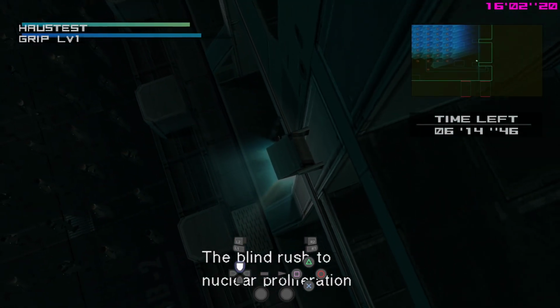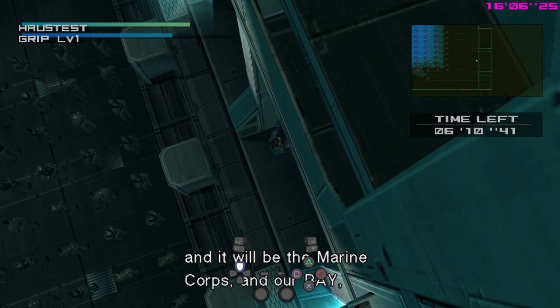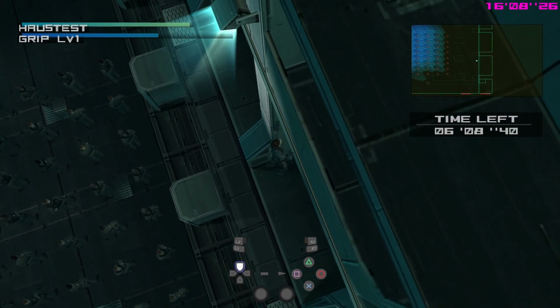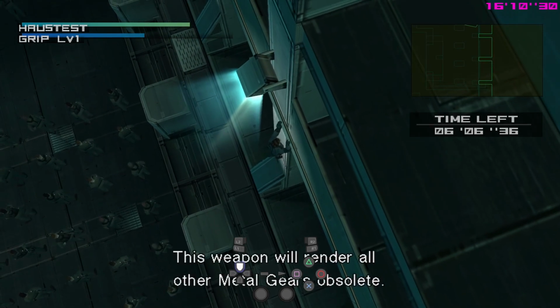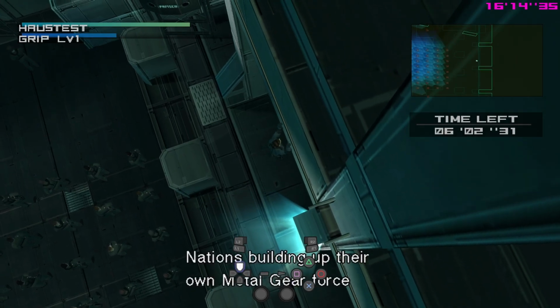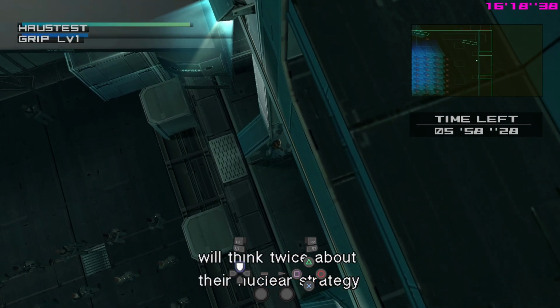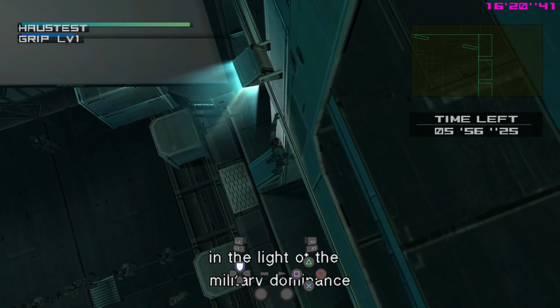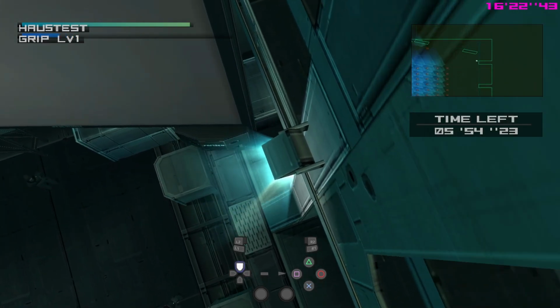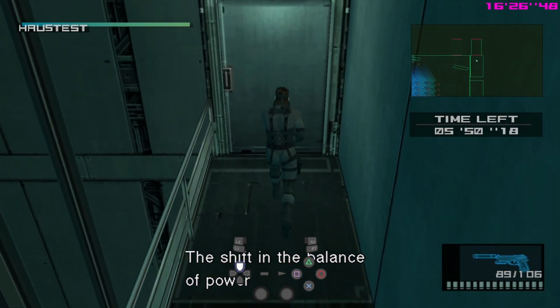The blind rush to nuclear proliferation will be contained, and it will be the Marine Corps and our Ray that will accomplish this. This weapon will render all other Metal Gears obsolete. Nations building up their own Metal Gear force will think twice about their nuclear strategy in the light of the military dominance spelled out by Ray. The shift in the balance of power will be...